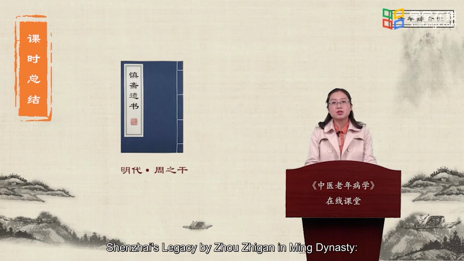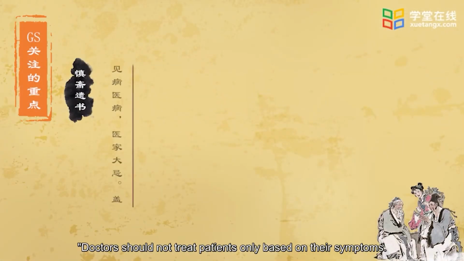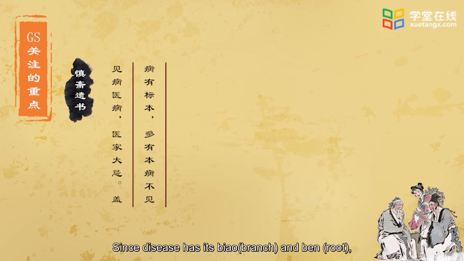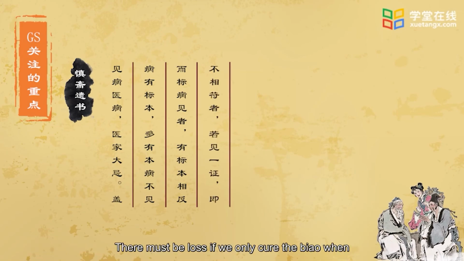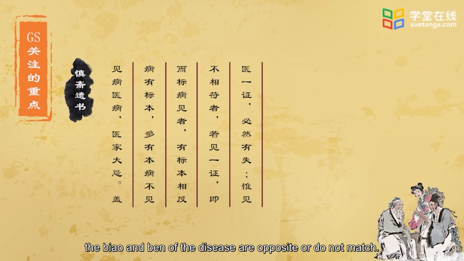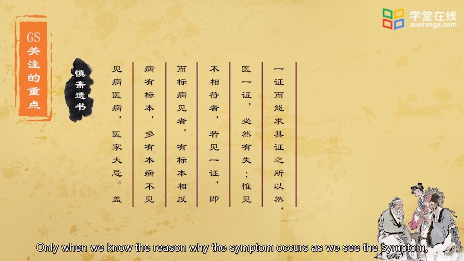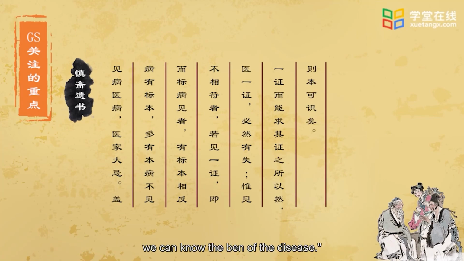Sun Zhai's Legacy by Zhou Zhigan in Ming Dynasty. Doctors should not treat patients only based on the symptoms. Since disease has its biao and ben, there are many cases where the ben of the disease is not found but the biao is seen. There must be loss if we only cure the biao when the biao and ben of the disease are opposite or do not match. Only when we know the reason why the symptom occurs as we see the symptom, we can know the ben